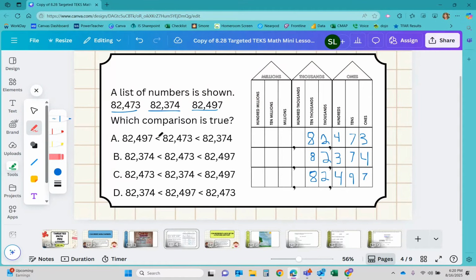So I see again, like I did the other day in our video, we have less than, less than. Remember, we read left to right. Less than, less than. So our numbers need to go from least to greatest, okay? Or smallest to largest. So I'm going to start by comparing and seeing which number needs to go first. Well, I'm going to look in my largest place value here,